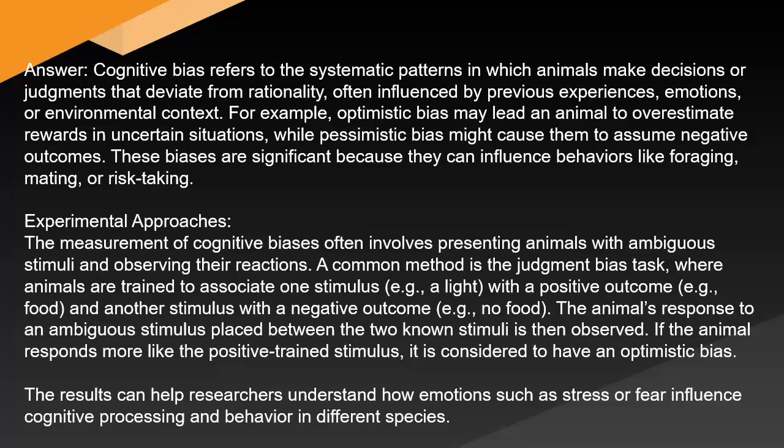a positive outcome, e.g., food, and another stimulus with a negative outcome, e.g., no food. The animal's response to an ambiguous stimulus placed between the two known stimuli is then observed. If the animal responds more like the positive trained stimulus, it is considered to have an optimistic bias. The results can help researchers understand how emotions such as stress or fear influence cognitive processing and behavior in different